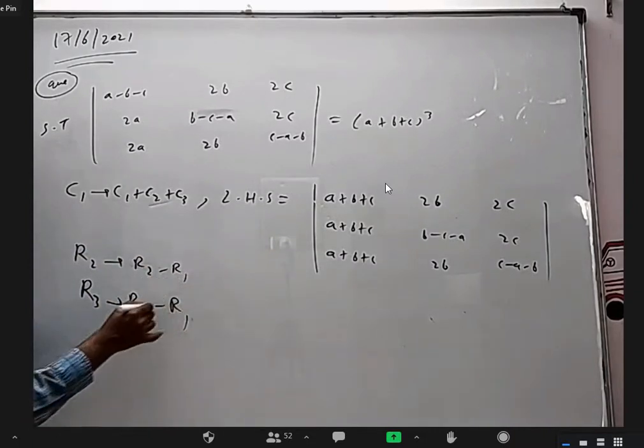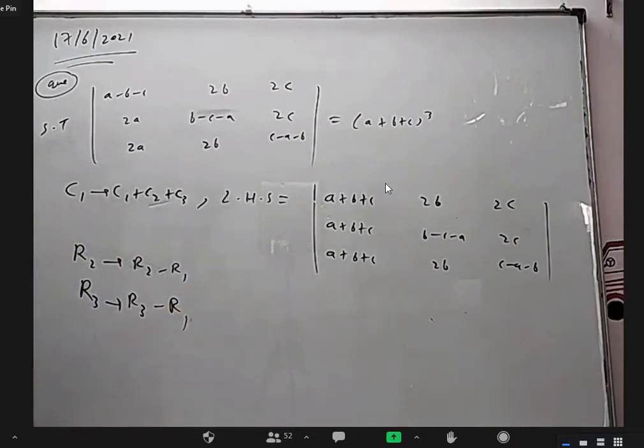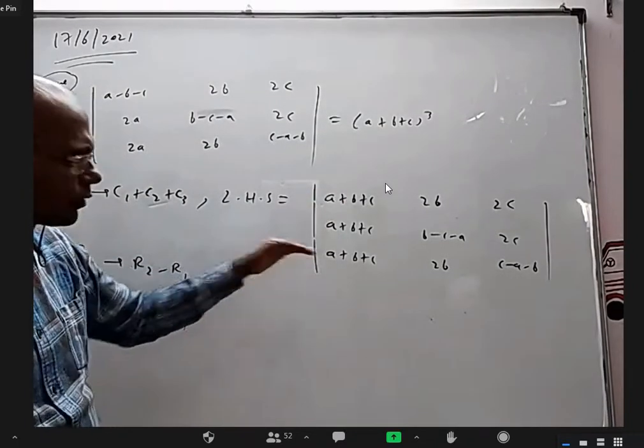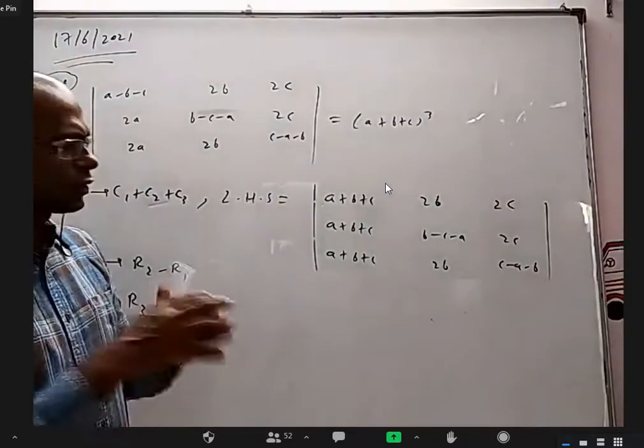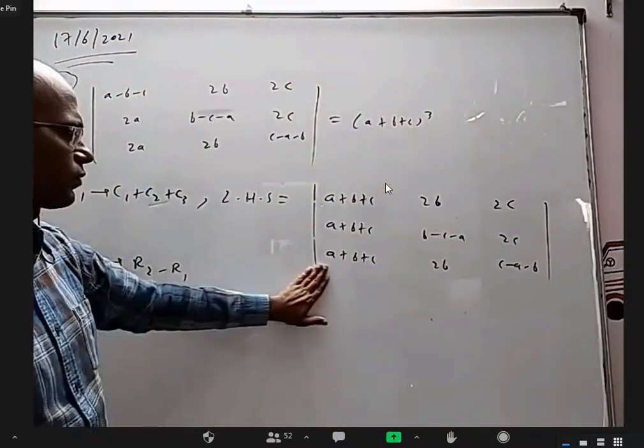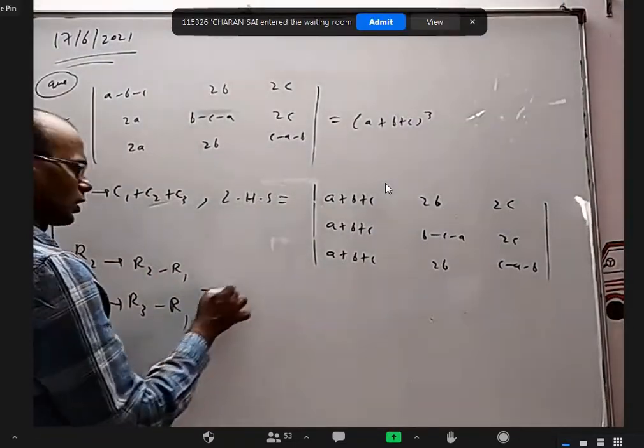We can do at maximum 2 operations in a step, but one should not contradict the other. From the second row, I'm removing the first row. From the third row, I'm removing the first row. Whether you're doing 2 different steps or 1 step, there is no difference. That means there's no contradiction.